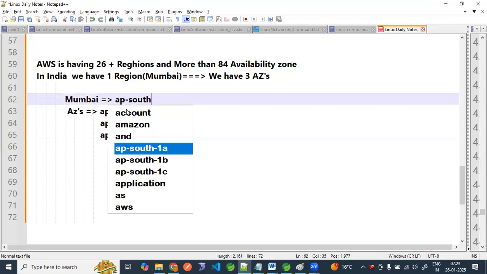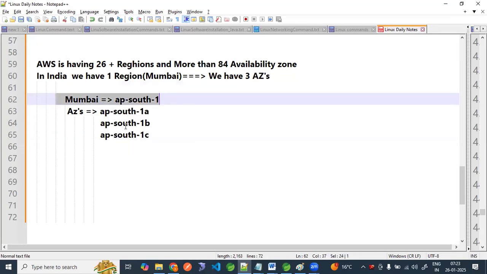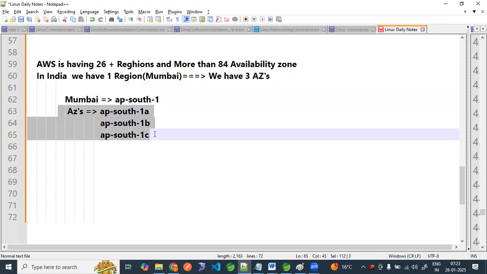AP South 1. This is for Mumbai. And for Mumbai, how many availability zones? 3 availability zones: AP South 1A, AP South 1B, AP South 1C. Okay. Now, guys, what is important is what happens, for example,